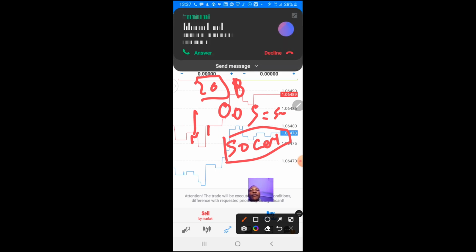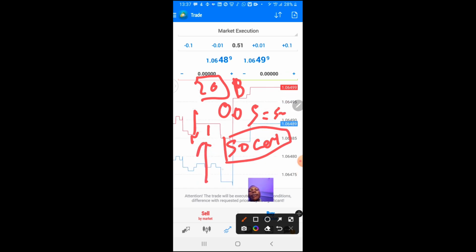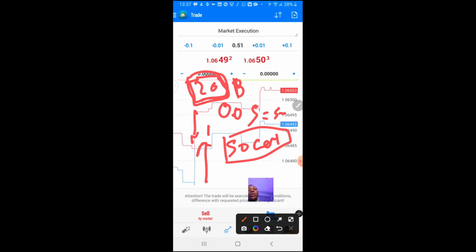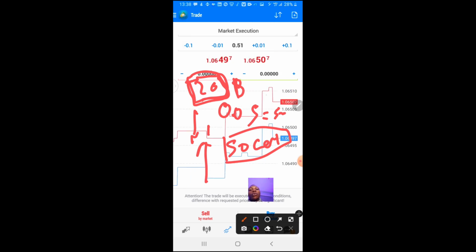If the market moves 4 pips, I lose $2. From this calculation, you will be able to know how many pips the market will move, either up or down, depending on whether you are selling or buying, for you to lose all of this money. Now from these calculations, you will be able to know the correct lot sizing to enter that market with. If you want to risk $5 in this market, and your analysis is showing that the market has to go 30 pips,